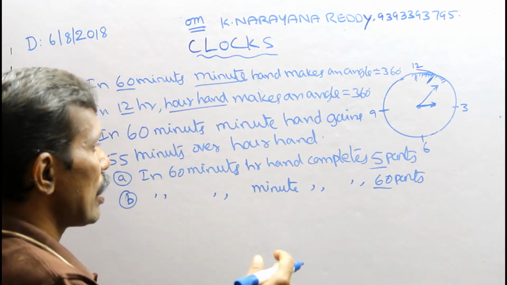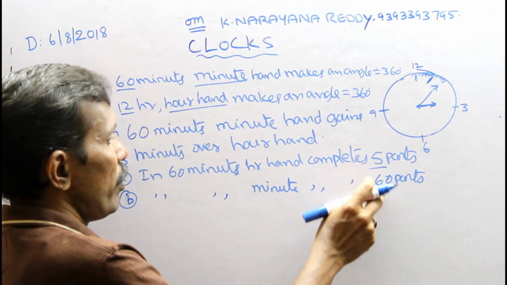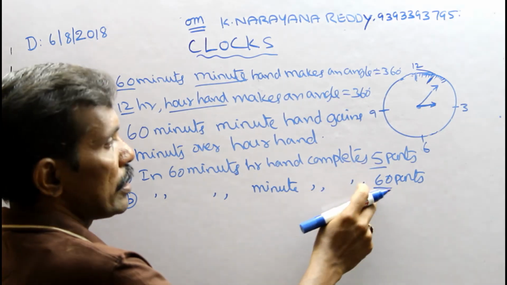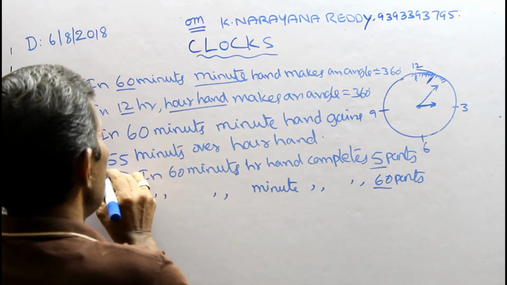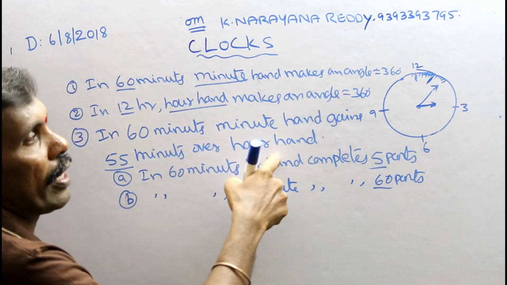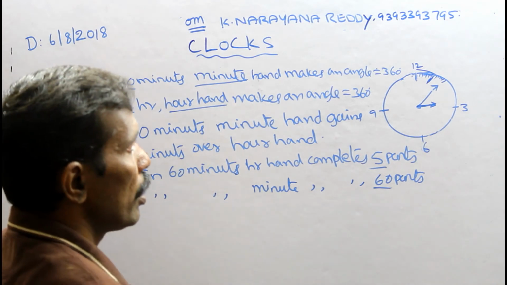So, how many parts does the minute hand gain? 60 minus 55, that is 55. Where is it? This one. 55 minutes over the hour hand. That is the difference between the hour hand and the minute hand. Okay. Now,